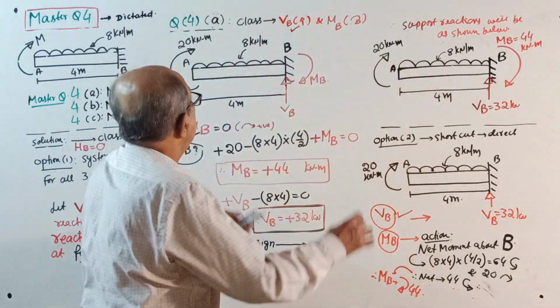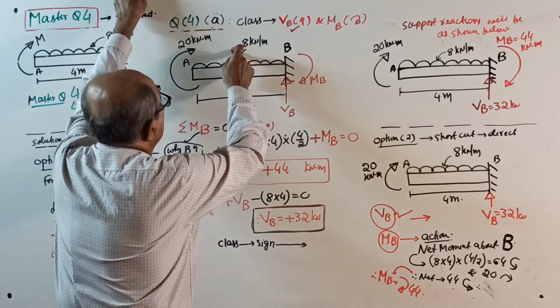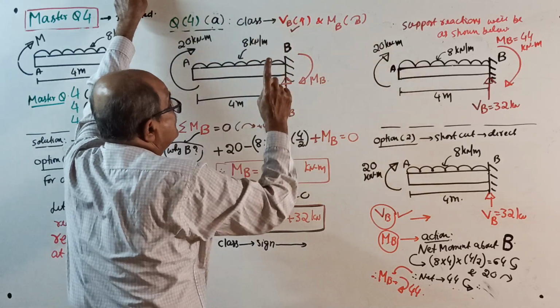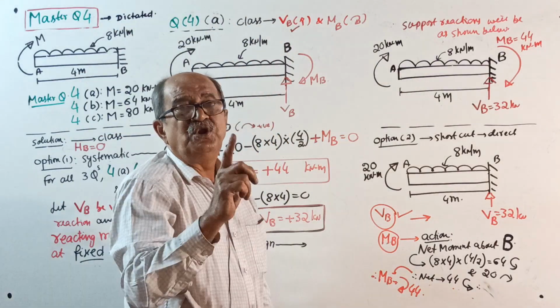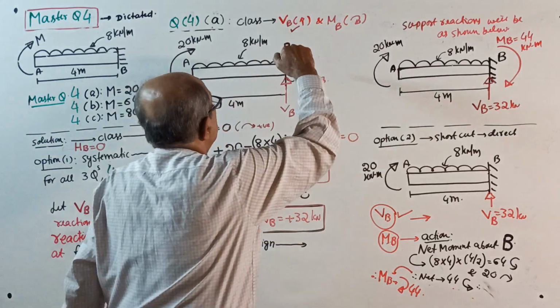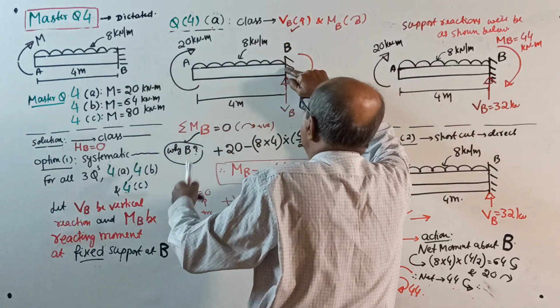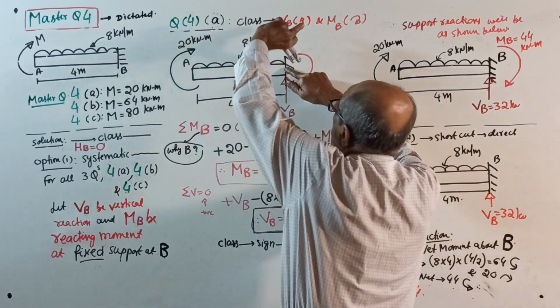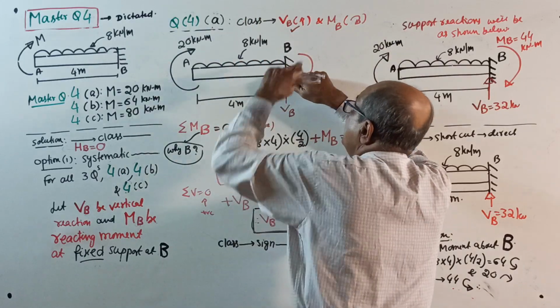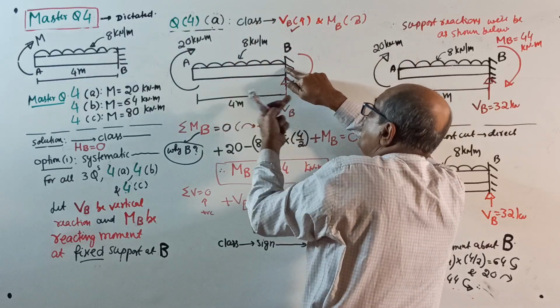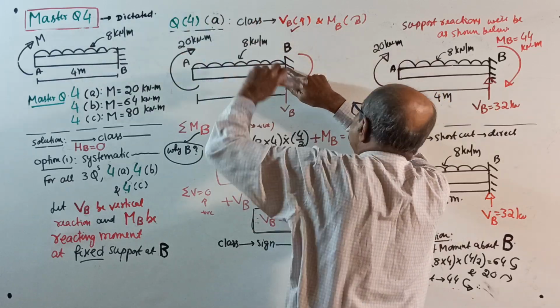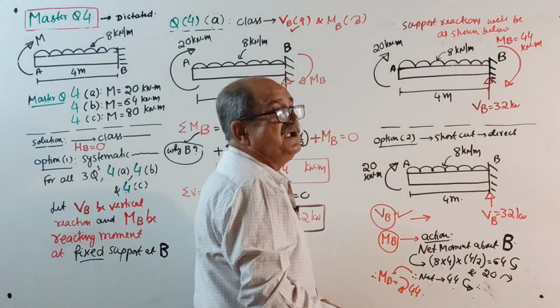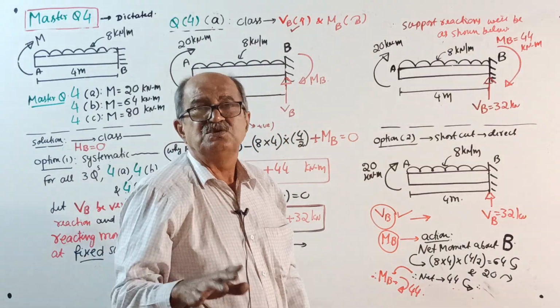MB: see here, if I stand here, this time you should put your finger at the fixed end. You should check the rotational effect at the support fixed end B, not left and right end. UDL will try to rotate in anti-clockwise direction, but this couple is in clockwise direction. So it depends which is predominant. So do one thing,